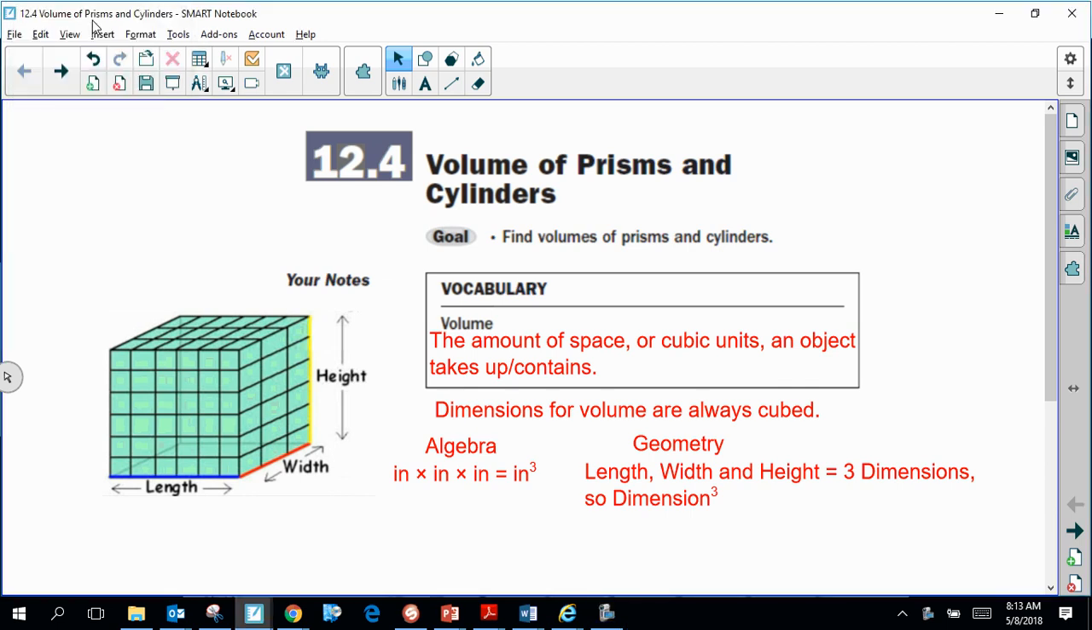Hey everybody, this is Mr. Piercy. What we're going to be taking a look at in this lesson is how to find the volume of prisms and cylinders. Now, if you have been working with surface area, then you understand how complicated surface area can